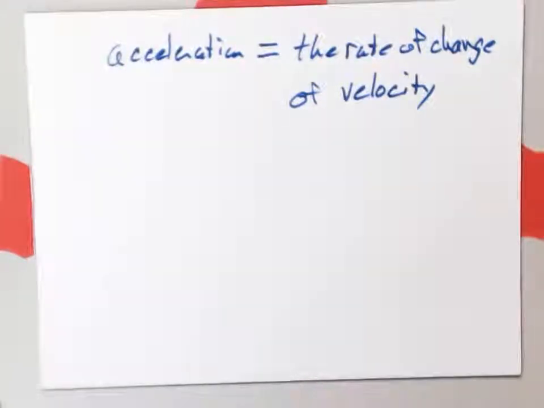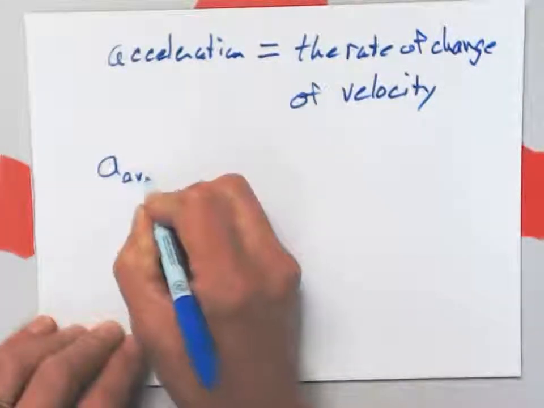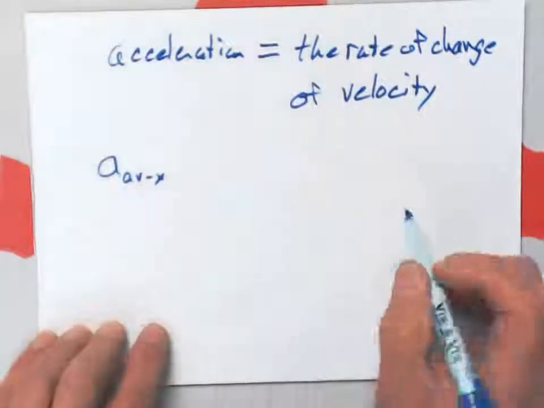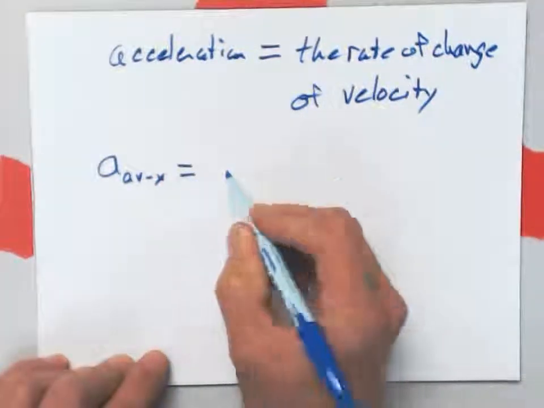We'll begin this little section with a discussion of average acceleration, and I'll do a calculation for that. Turns out for this quarter at least, every situation we look at will either have zero acceleration or constant acceleration. And in the case of constant acceleration, the average is equal to the instantaneous. Average acceleration is defined to be this, a average sub x. This would be average acceleration in the x direction. We'll add more dimensions soon. It would just be